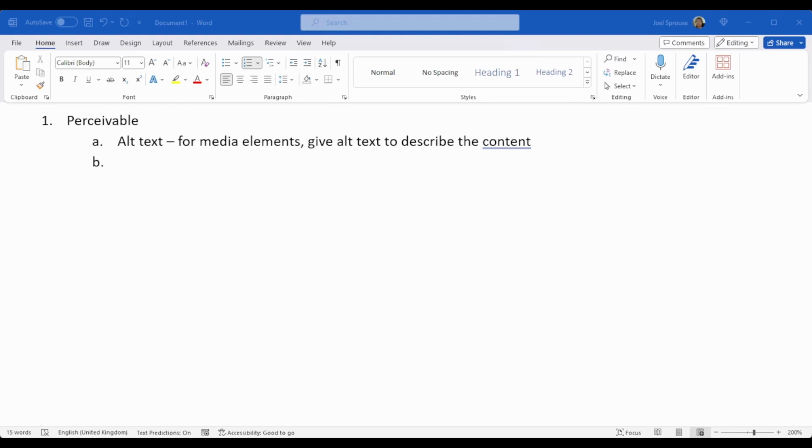For other media, and I feel like these two should go together, but for media, you need to include subtitles, which again, helpful to able-bodied people as well as disabled people. Maybe you include audio description, which helps those who are blind. It sort of narrates the experience, or narrates what's happening on screen.